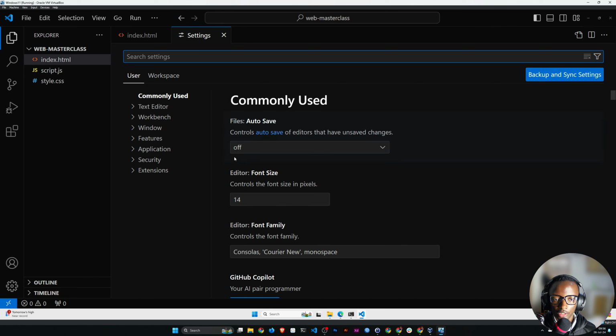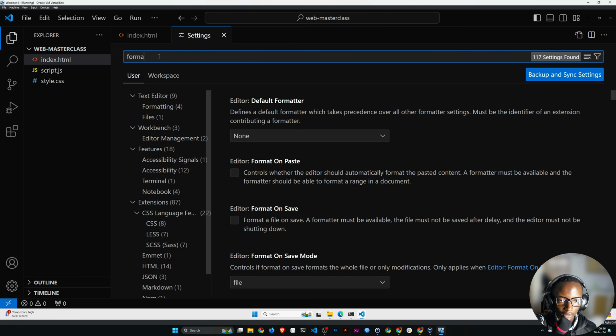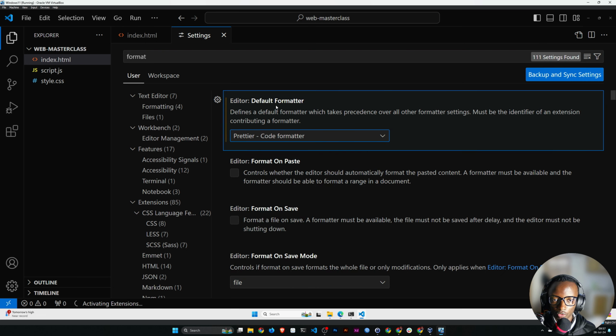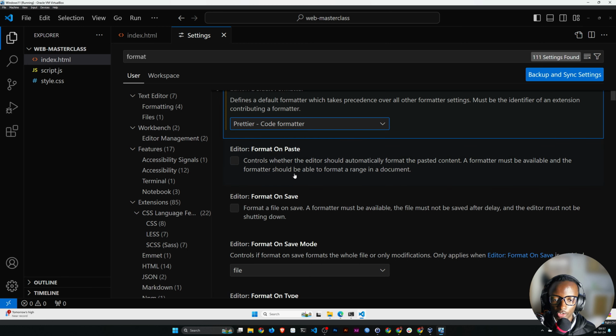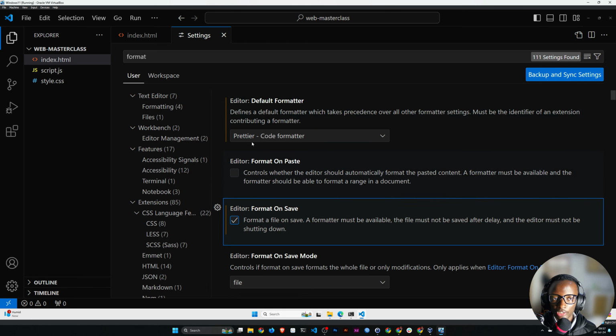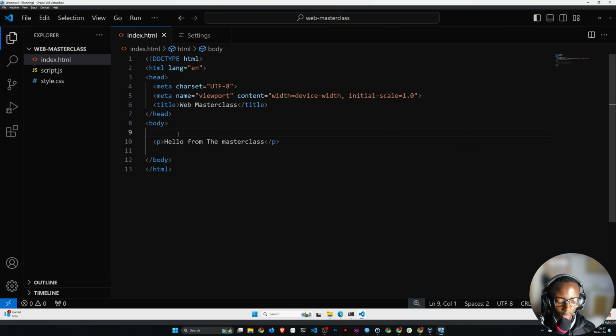So I'm in my settings, and what I want to do is the commonly used ones, autosave. Actually not there. I just want to search for format. So search for format, and then under your editor, default formatter, select Prettier. Okay, default formatter, set it to be Prettier, and then you also want to set format on save. Okay, so once those two are done, if I go back now to my index, so remember what I had